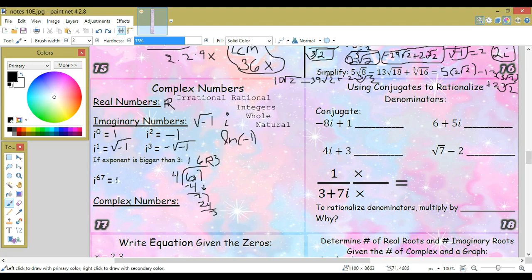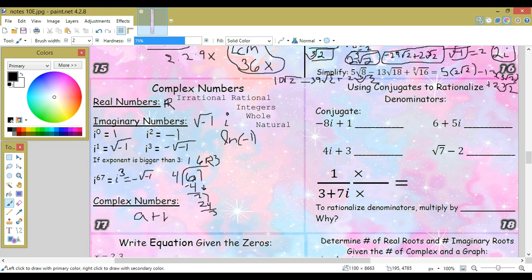So I to the 67th power equals I to the third power because it just loops over and over and over forever. After I cubed comes I to the 0th again. So that means I to the 4th power is the same as I to the 0th power. If you keep cycling it through, you'll get a 67 right here. That's equal to negative square root of -1. A complex number has both real